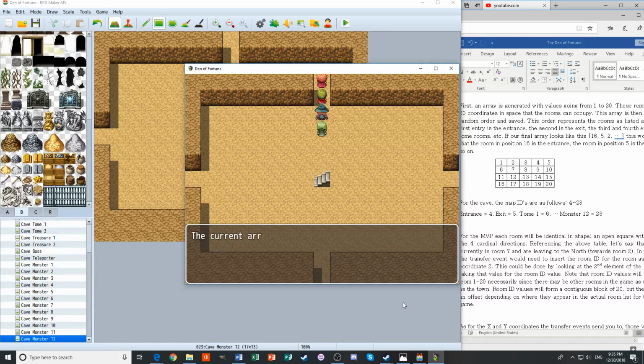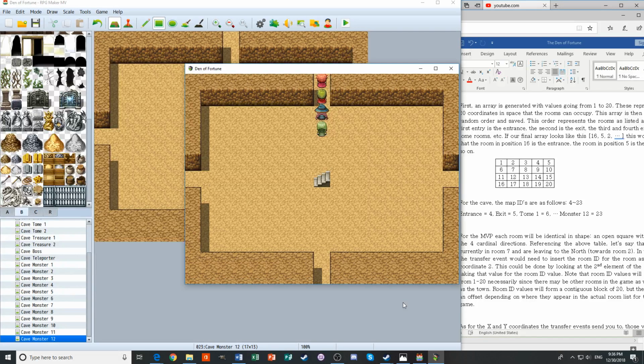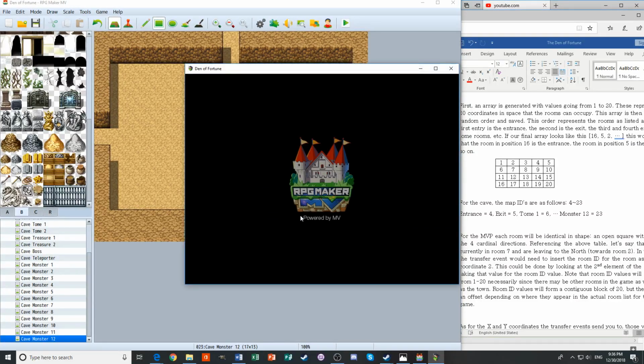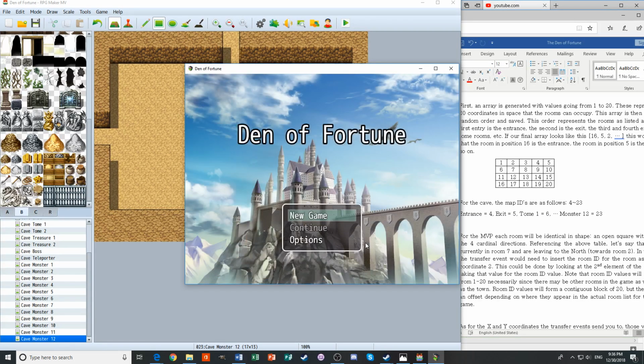Current room ID. Okay. So 4 should be 1. It is. Room ID out of bounds. We don't teleport. Beautiful. That is so beautiful. Actually, I didn't need to reset. I could have just left and talked to the boy again to get the